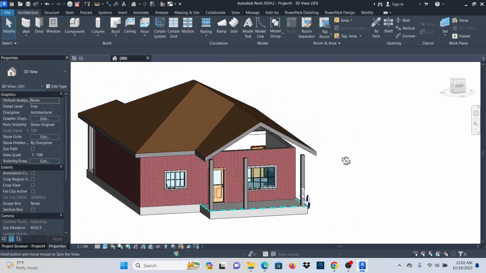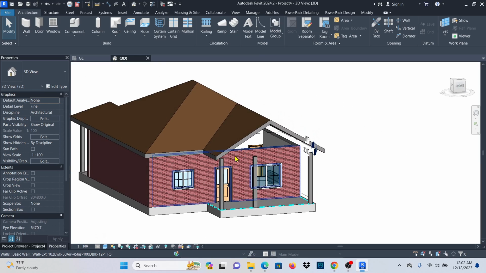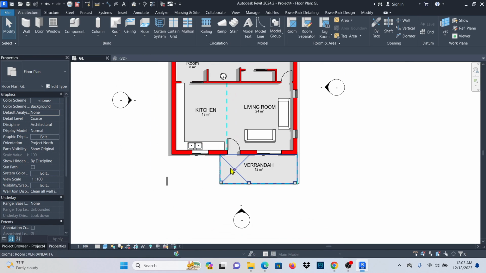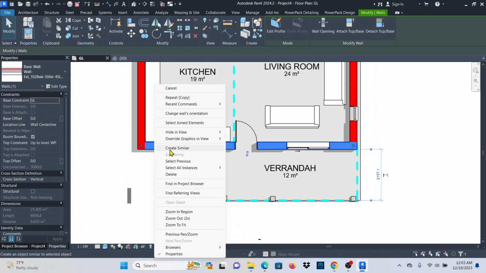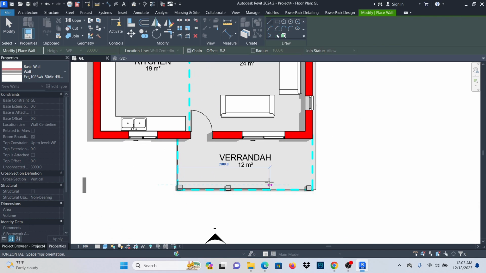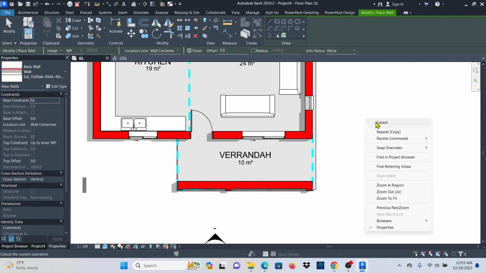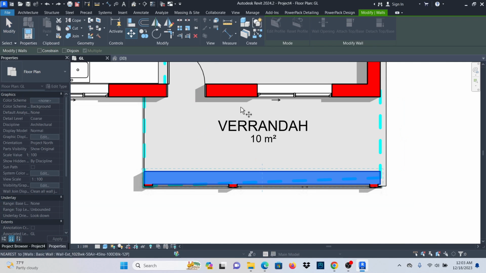All right, so now what I'm going to do is to ensure that I add a wall somewhere here. So I'll go back there and I'm going to add a wall here. So I'll just pick this same wall, right click, create similar, and I'll simply click that point and that point. Let's see what we have. I'll select on this one, then I'll move it. Just click there,